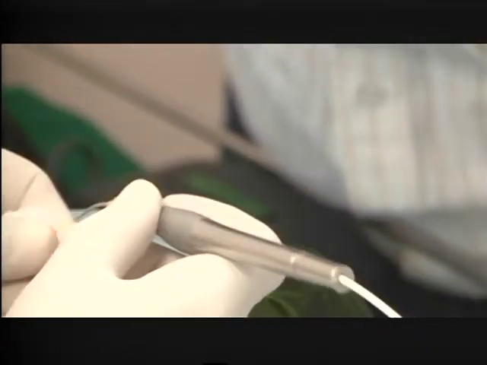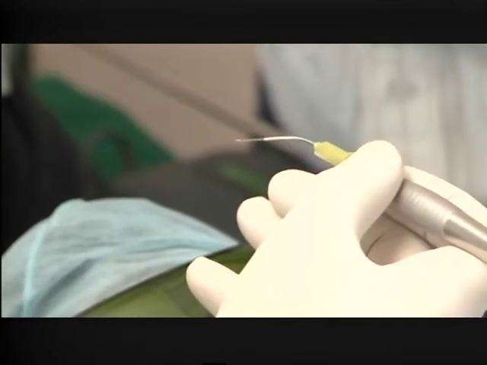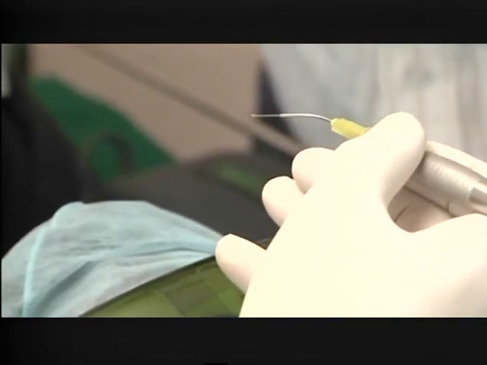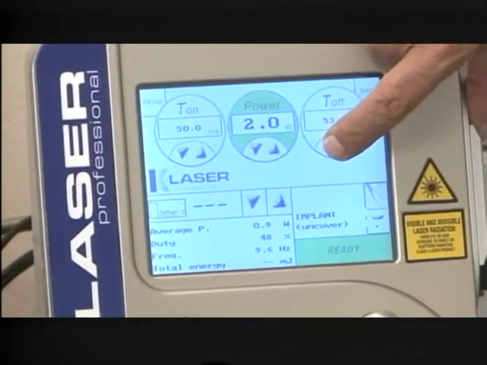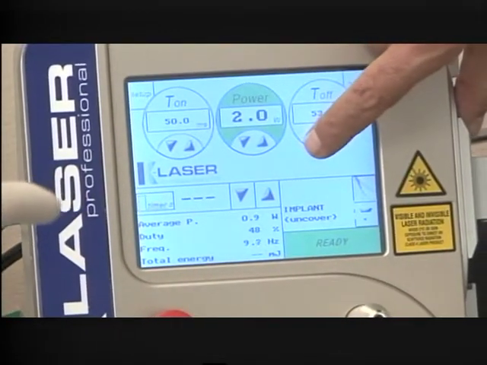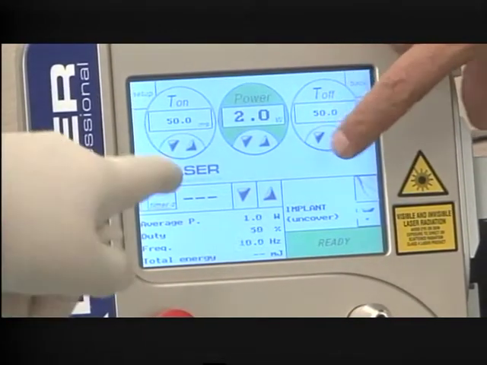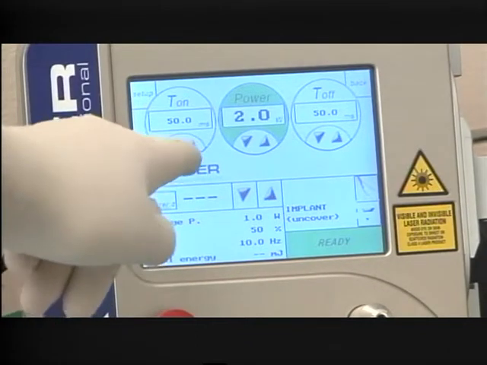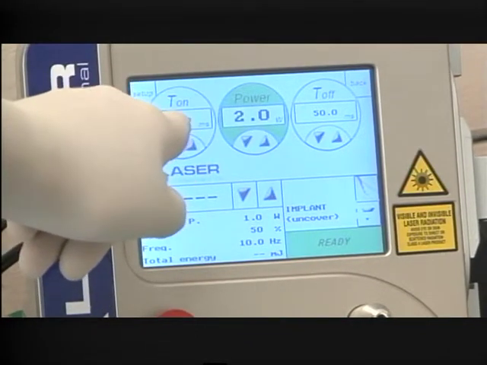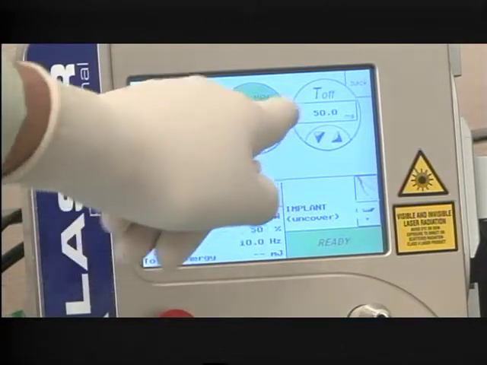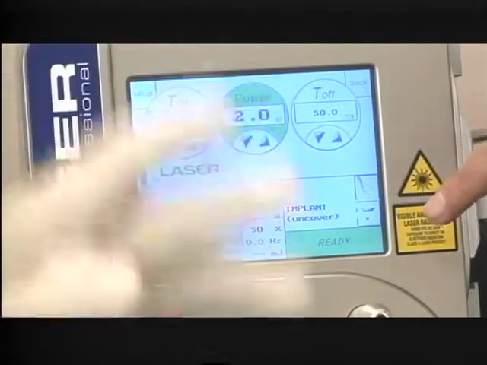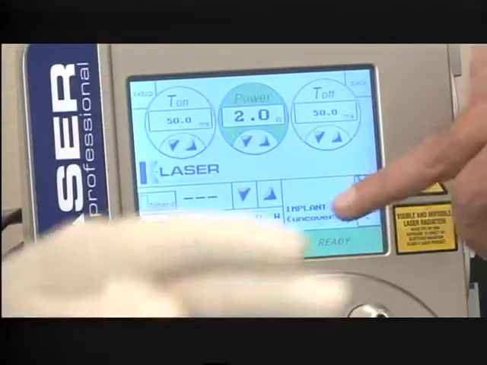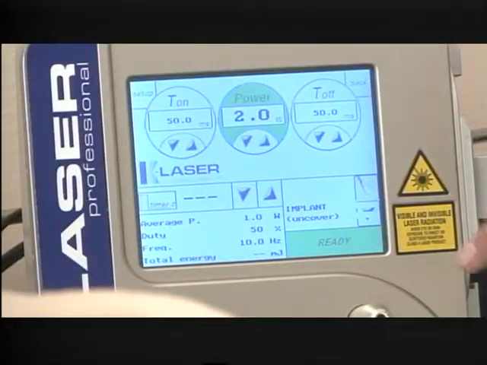So it is 50 milliseconds on and 50 milliseconds off. Do you want 2 or 2.5 watt? 50 is okay. See, now you see on the machine, it is on for 50 milliseconds and it is off for 50 milliseconds. So that is also like a chopped mode. It is on, off, for equal amounts of time.